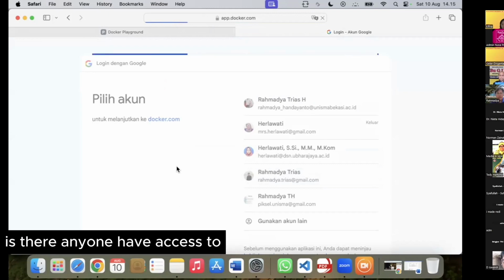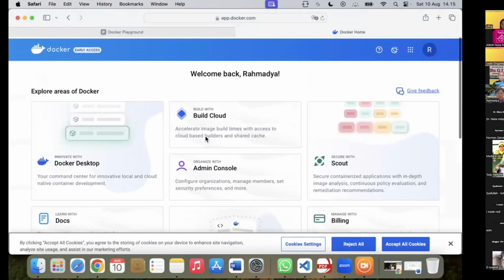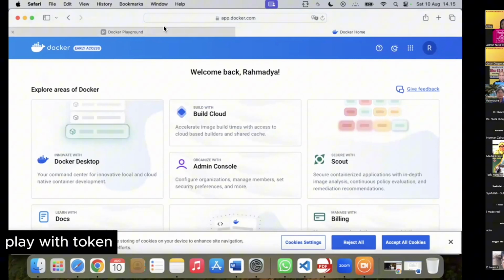Is there anyone who has access to Play with Docker?